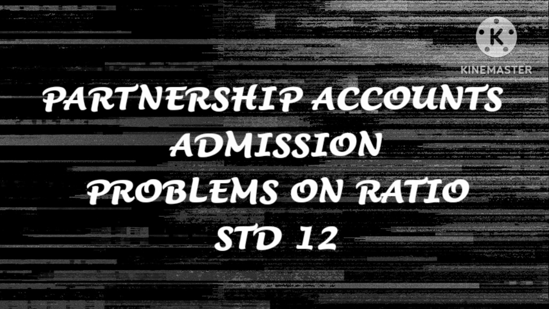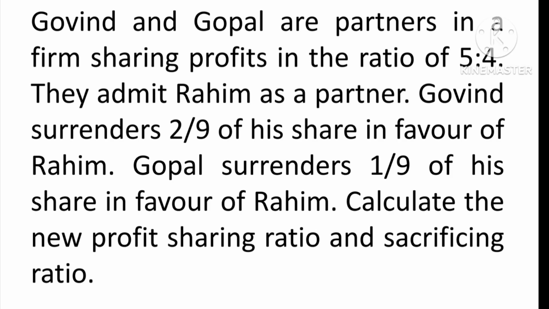Let's have a look at another admission ratio sum. So this sum goes as: Govind and Gopal are partners in a firm sharing profits and losses in the ratio 5:4. They admit Rahim as a partner. Govind surrenders 2/9 of his share. So out of his share he is giving up 2/9 of his share, and Gopal surrenders 1/9 of his share